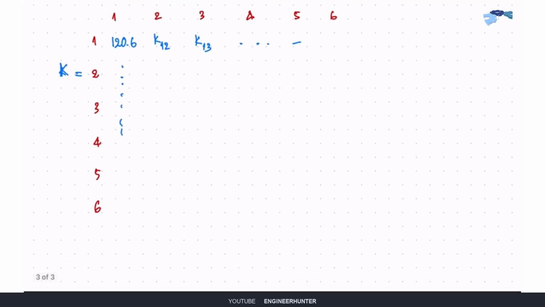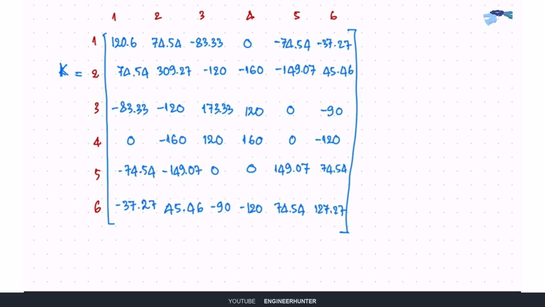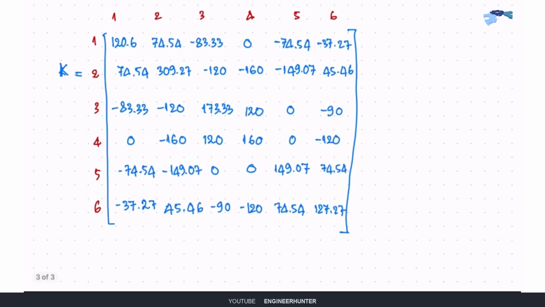Okay, so I will skip this part again in order to make this video as short as possible. Okay, now we got the global stiffness matrix. But what I want to tell you is that we can divide this stiffness matrix also. So I will divide it like this because